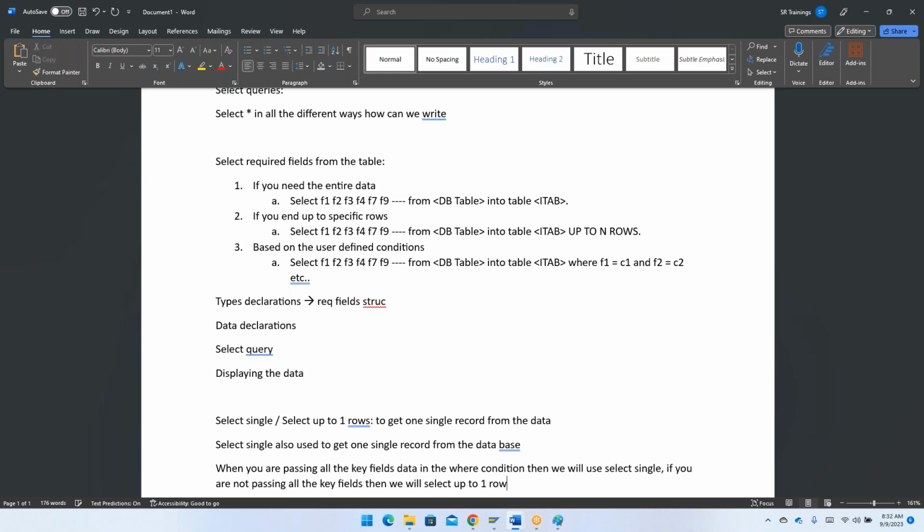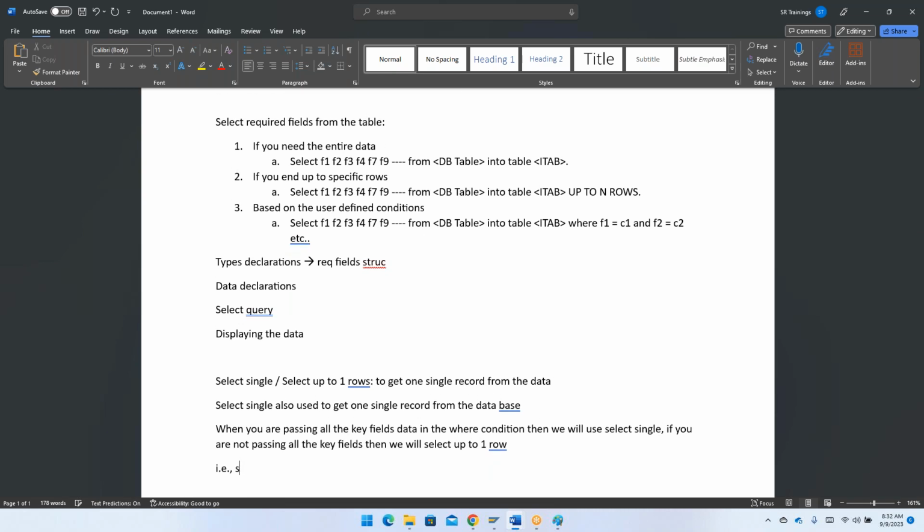That means select single will give you the unique record, whereas select up to one row will give us one single record